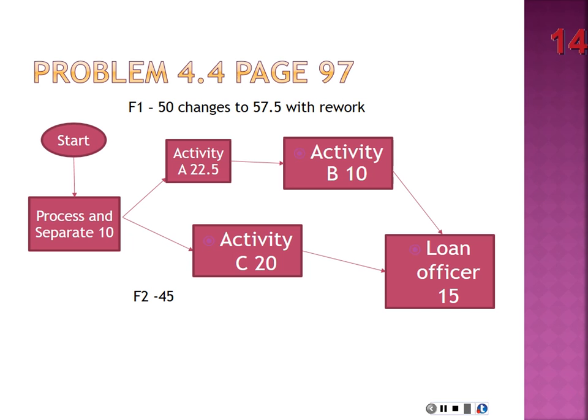So when we first draw the diagram, it says that activity A takes 15 minutes per unit, right? But then it says